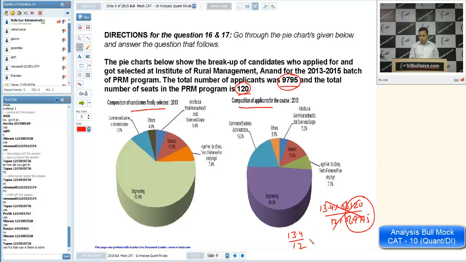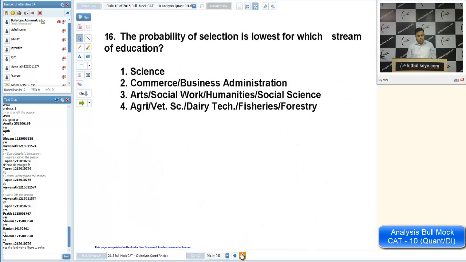So it will be equal to 12 by 13.4. Similarly for commerce, I think it is 6.8 and 19.3. So roughly you can write it as, for commerce, 7 upon 19. Similarly, you can find the values for the other streams. This is the only way to do this question. There is no need to find the actual values. You have to just compare the values. Is it okay?